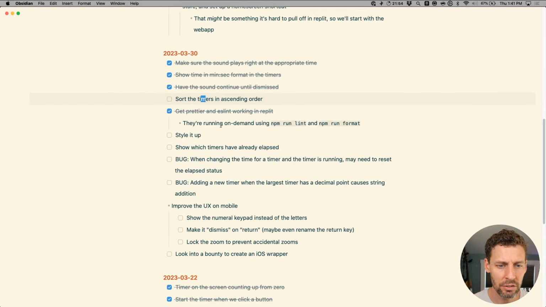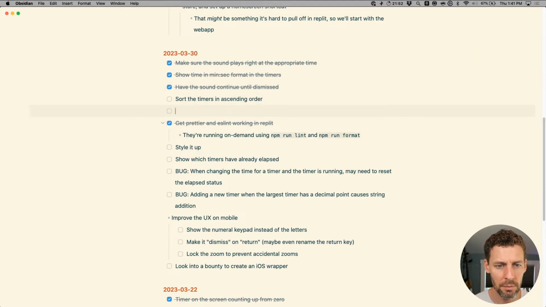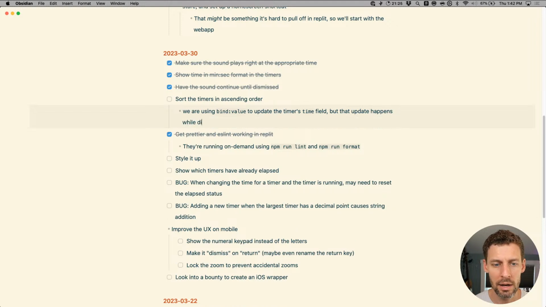Let's take a look at our list and see if there's anything more interesting. Let's write some notes here just so we don't forget. We are using bind value to update the timer's time field, but that update happens while editing is happening.